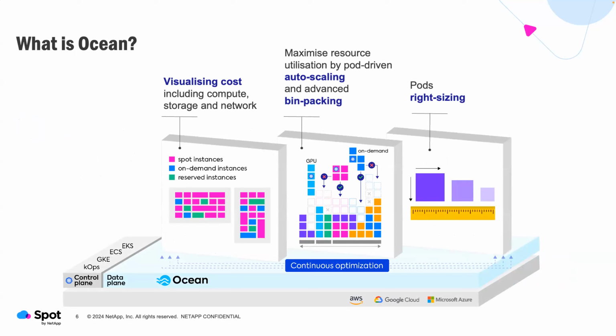Part of it is visualizing the cost. It's one thing to go through and reduce the cost, but regardless of what the bill is, particularly inside organizations, they want to be able to attribute that cost to whoever's generating it. So we give companies a way of being able to visualize that cost. Then they can attribute that back to an application or back to a namespace, essentially back to a BU that's actually generating that cost, which is very useful, not so much for DevOps and SRE people, but definitely for infrastructure managers or people who own the bill and pass it on to the rest of the business.